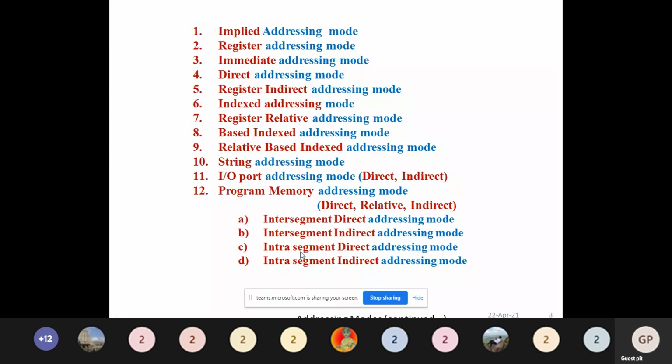Then intersegment and intra-segment. If you are going to access within the segment, we call it intra-segment addressing. If we are going to access other segments, then we call it intersegment addressing. That too will have direct method and indirect method both.